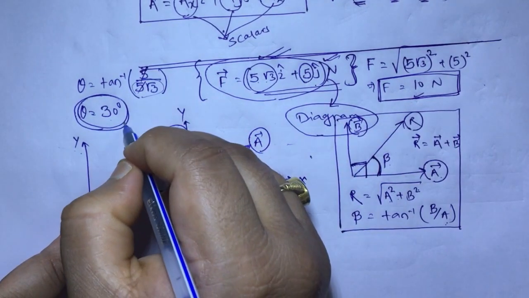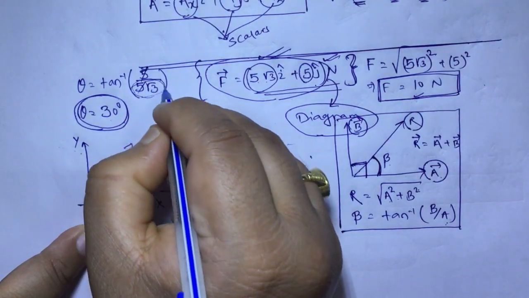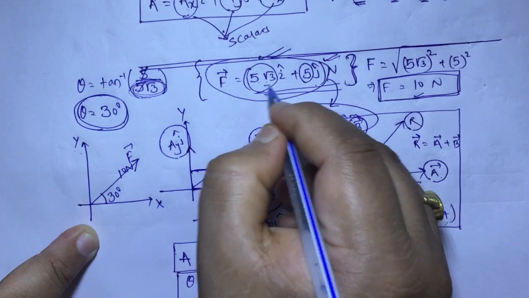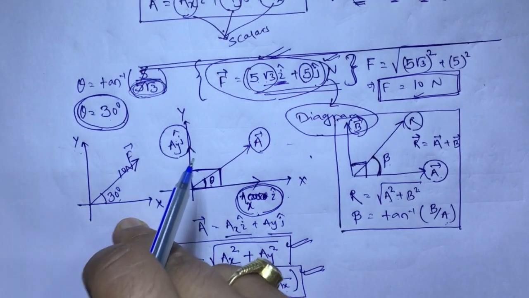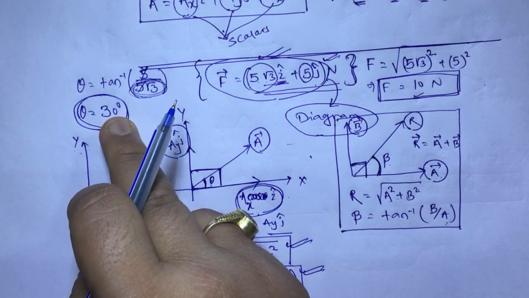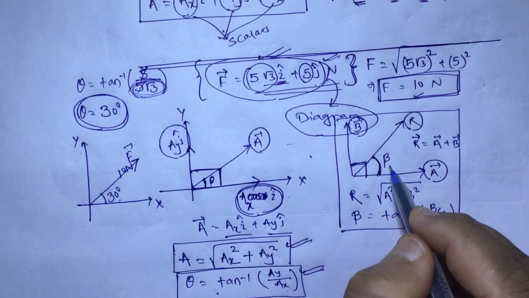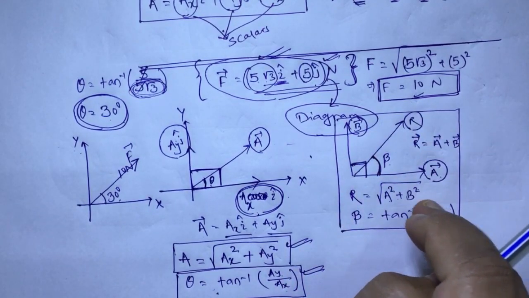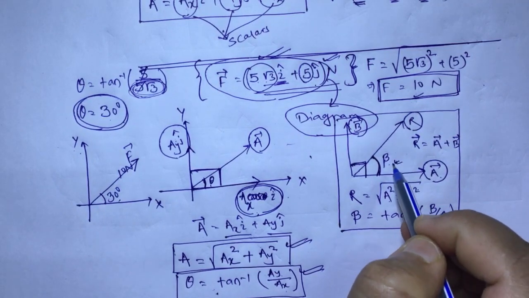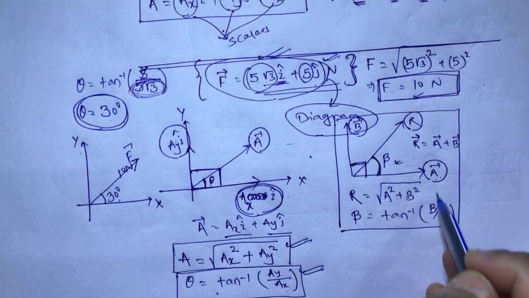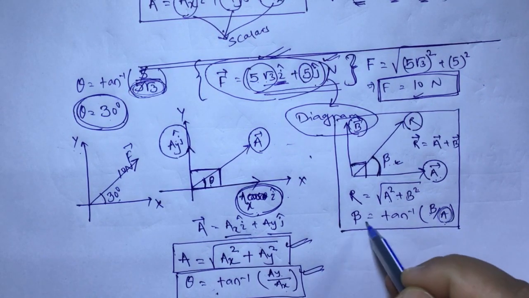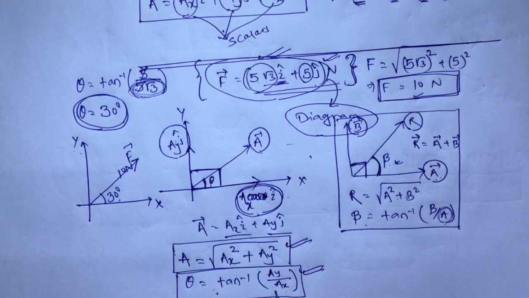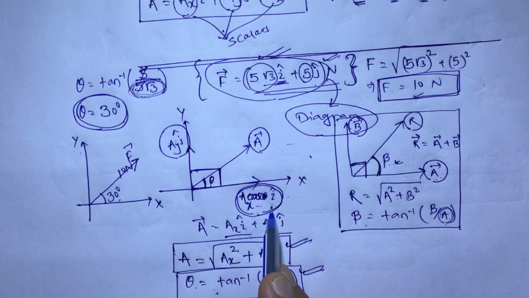So with what will the angle 30 degree be? With the 5 root 3 direction. What is the 5 root 3 direction here? I cap, so along the x axis. Again let me clear this. How do I know that it is along the x axis, not the y axis? The general expression we got from the triangle law: here beta was the angle with the a vector, and the formula is tan inverse b by a. So whatever is in the denominator, the angle beta is with that. So here also, what is in the denominator? Ax. So this theta is with the Ax vector, or the Ax I cap vector.